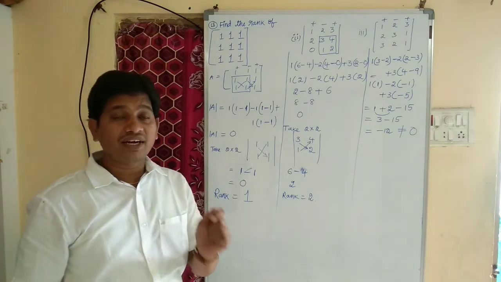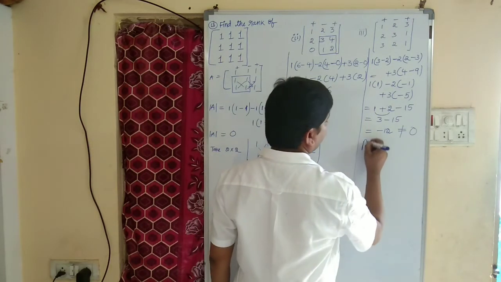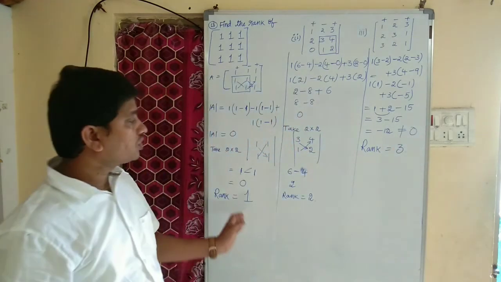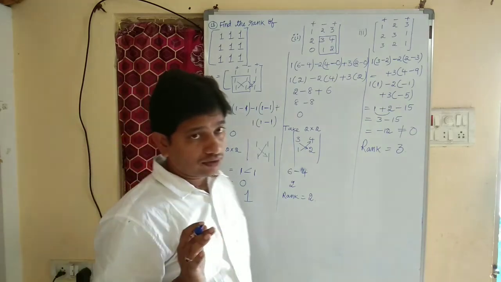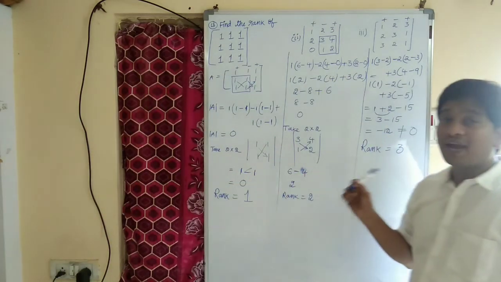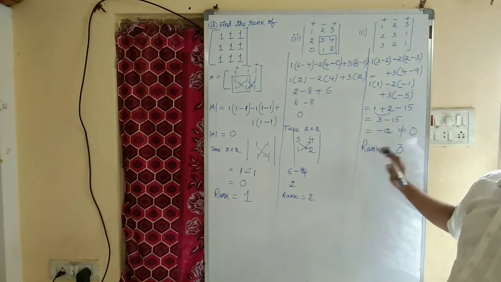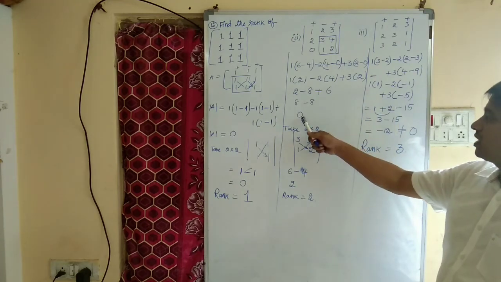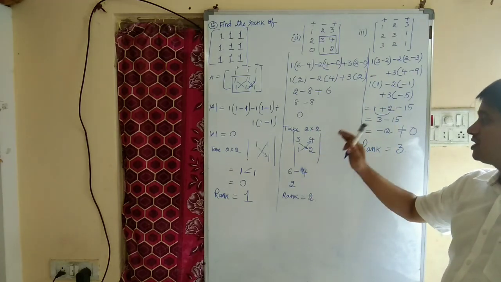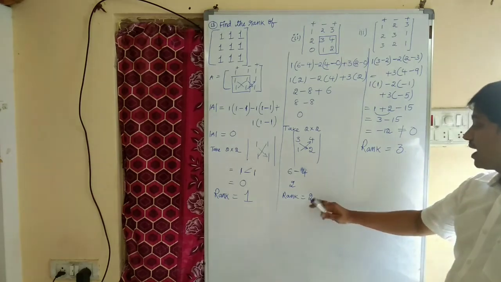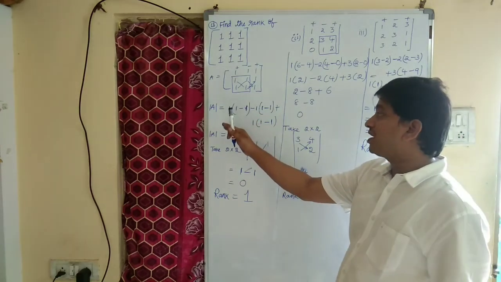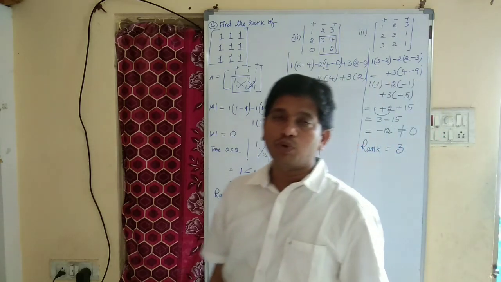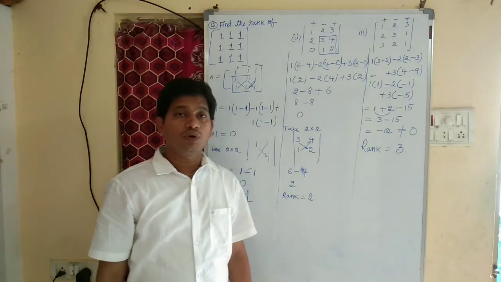If the determinant of a matrix is not equal to 0, then directly we can say that the rank of the matrix is 3. Okay, mostly they will ask this only, rank 3. If the determinant of a matrix is not equal to 0, then directly we can write rank equal to 3. No need of checking its submatrix. If the determinant of the matrix is 0, then we have to find a submatrix. If the submatrix determinant is not equal to 0, then rank 2. If the determinant of the matrix is 0 and the determinant of the submatrix is also 0, then rank equal to 1. This is the most important question they may ask in board exams, right?